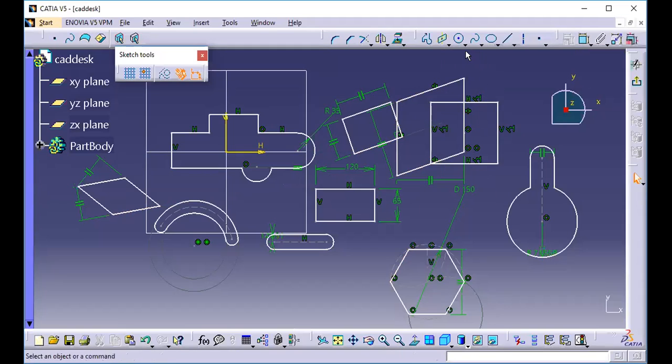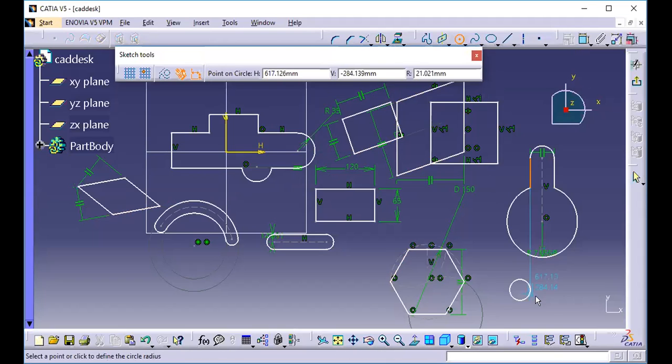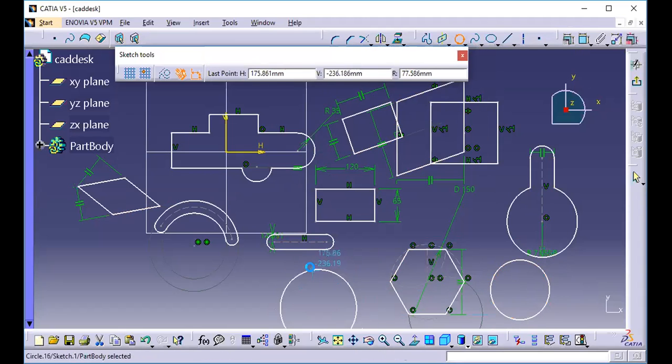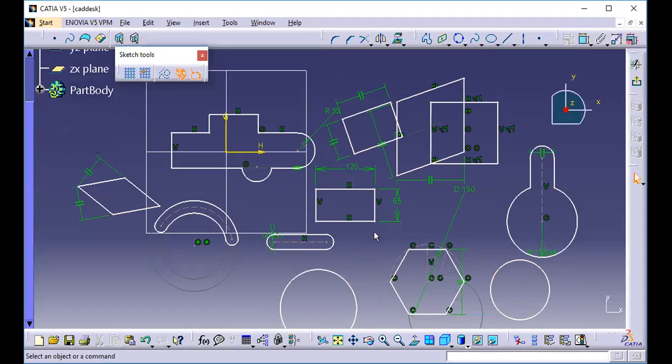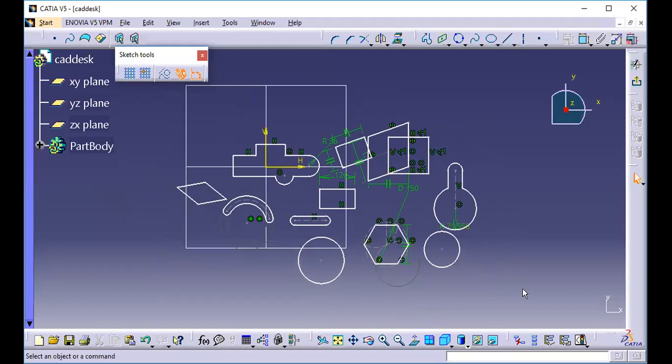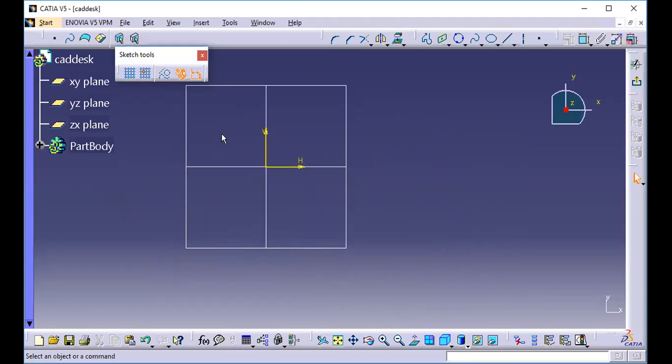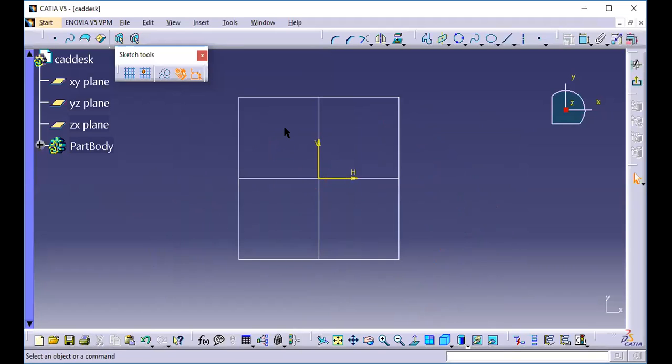So next come to your arc part or circle parts. Same, this is a circle with some radius value from center point or something like that. Okay, this is a 3-point circle, first point, second point, third point. And if you want to delete all this, just select at a time and press the delete button from your keyboard. It will allow you to delete all the things.